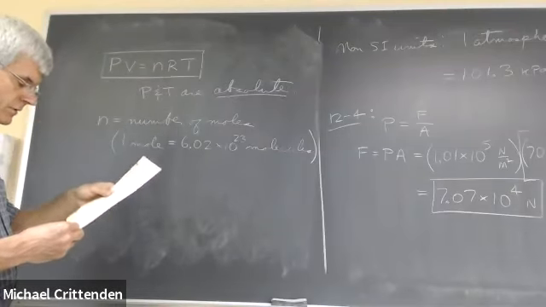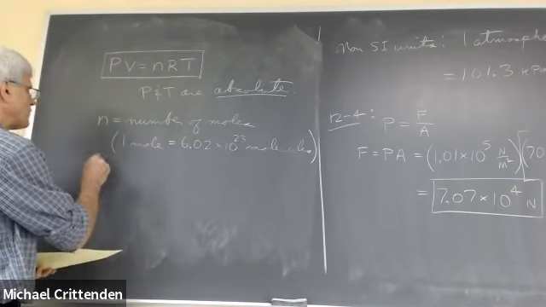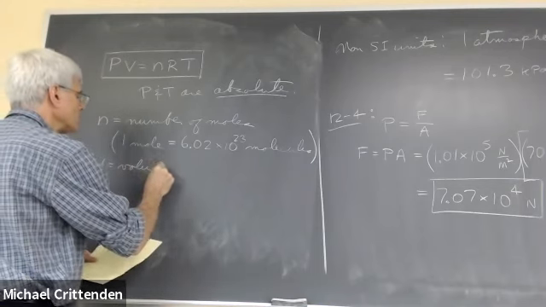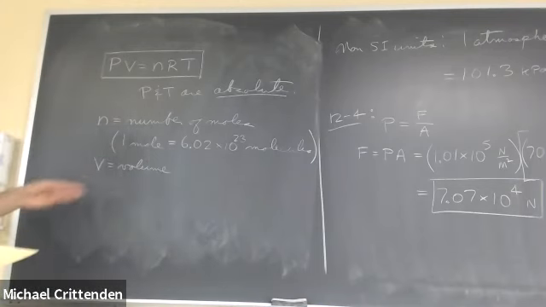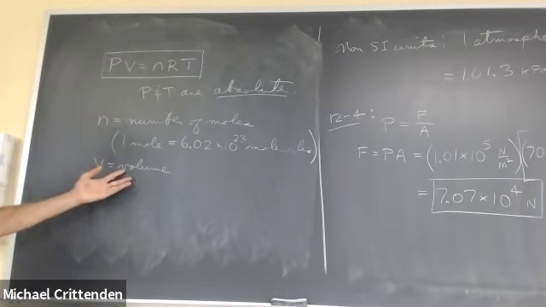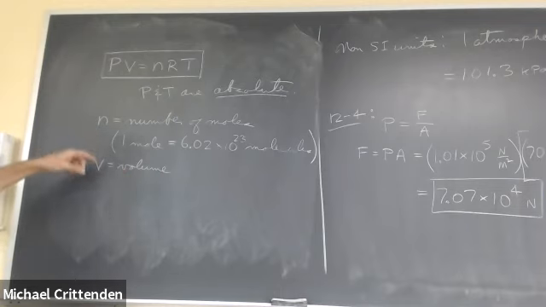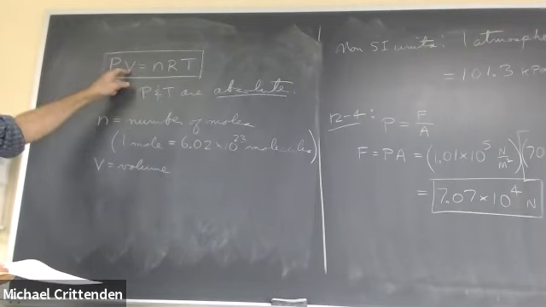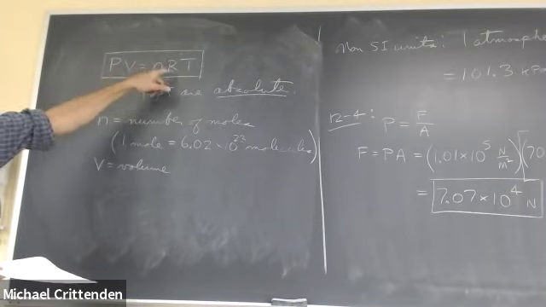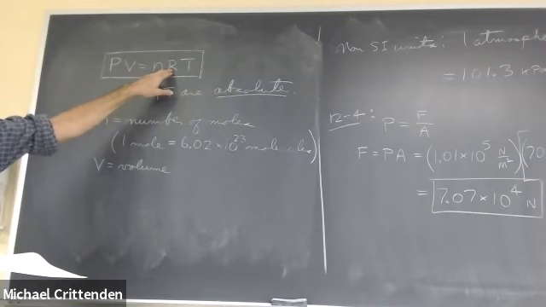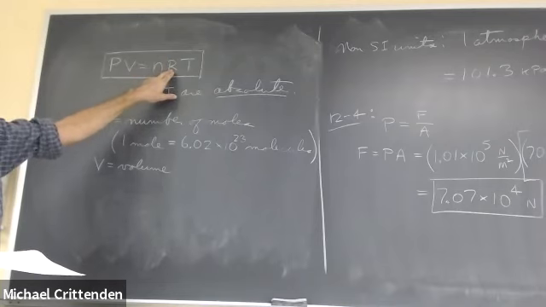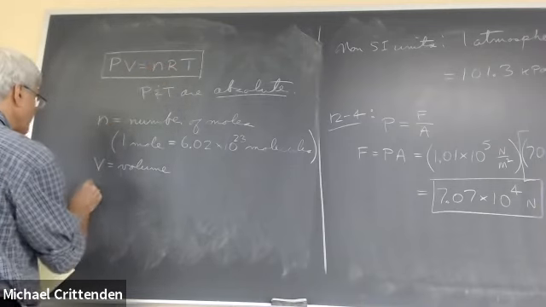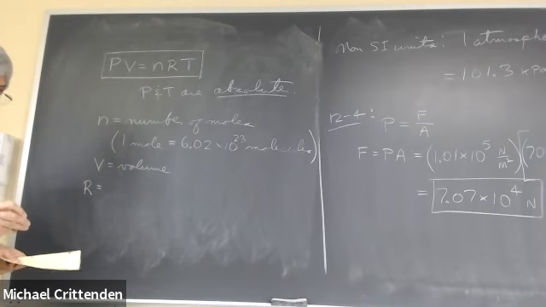You know what, I should label the V. I just kind of skipped over that. That's just volume. How much space does the gas occupy? So I probably should have written that down first, like working our way across here. P for pressure, V for volume, N is the number of moles, T is the absolute temperature, R is the proportionality constant between all those other things. Usually just called the gas law constant.